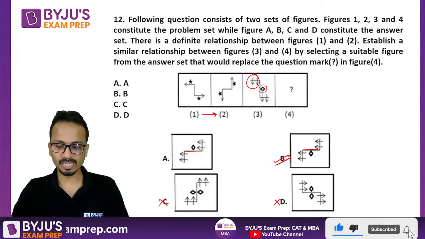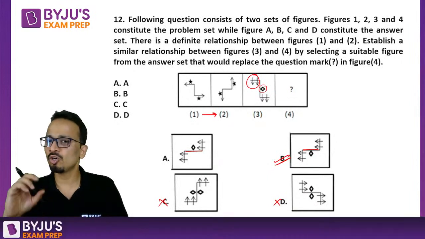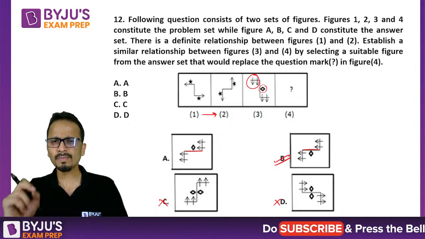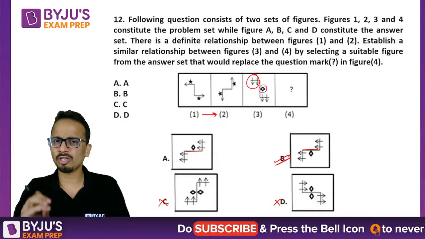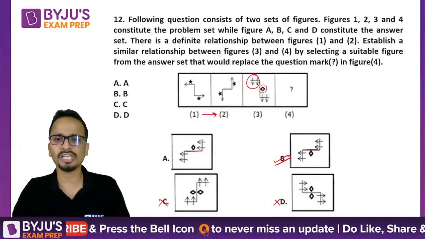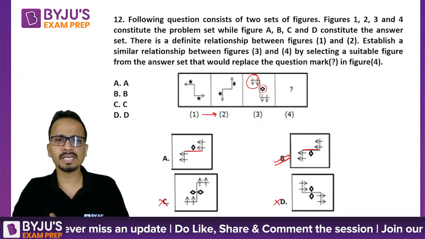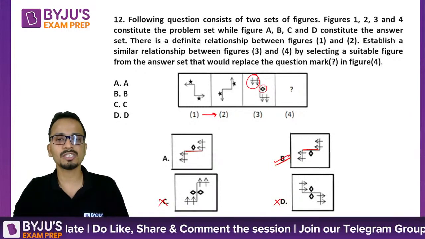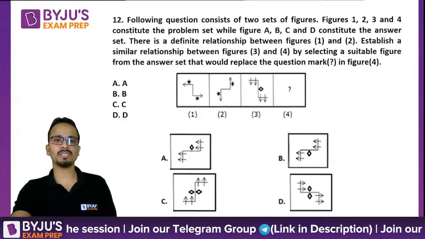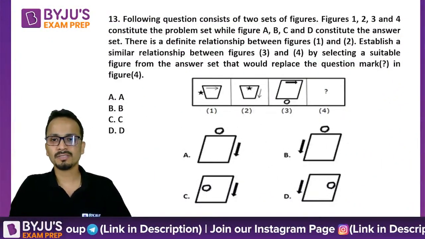Okay, fine. So what has been done here is the image has been rotated by 90 degrees. I'm again mentioning all these things. In the very first session of abstract reasoning, I have covered every basic about rotation, reflection, shifting of figures. All these things were discussed. So please watch session number 1 of abstract reasoning. Let's move on to question number 13. A pretty easy question.